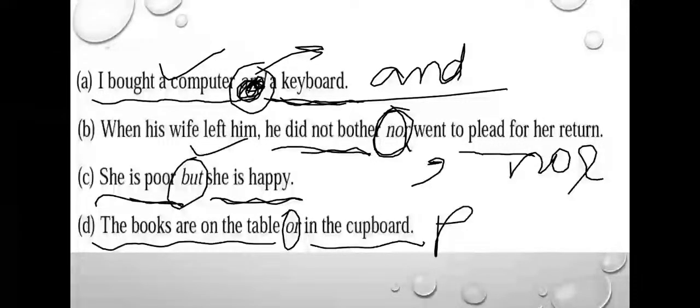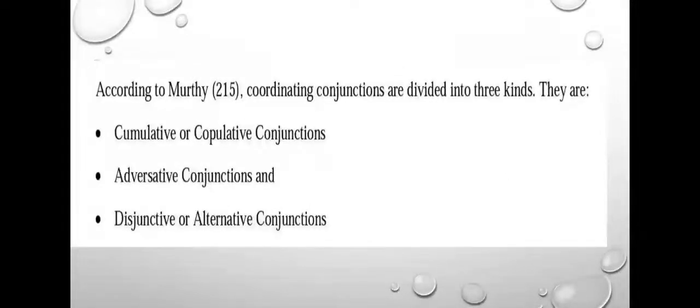This is a phrase, this is a clause, and this is the connector, that is conjunction, and we're having everything together here right now. Let's move on and talk about some types. Last time, when we were talking about subordinate conjunction, we had 8 different types. Right here, according to Mathe,